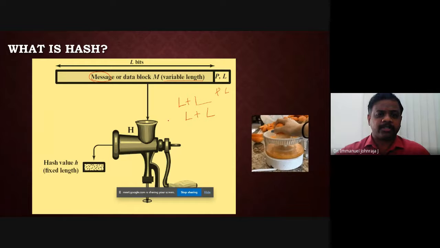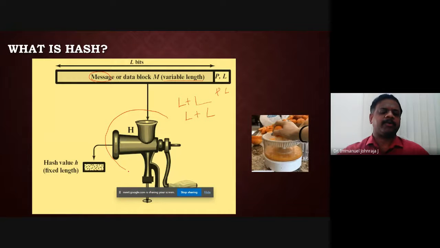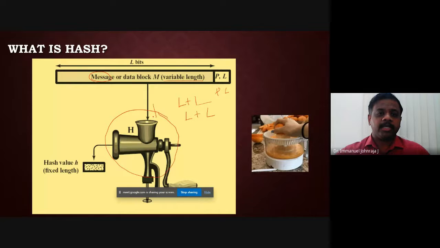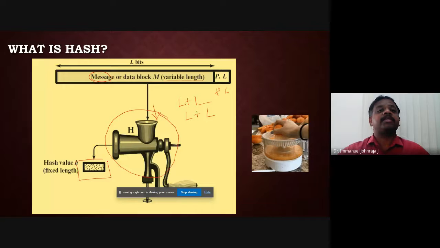So this whole function is the hash function. The input message is given and you get the output, a standard, fixed-length hash value. It is very similar to an automatic or hand-operated juicer: you give your input and then you get the output. So this is your hash value. From this you will not be able to produce the actual message, or it is infeasible to produce it. This is the overall view of what a hash is.